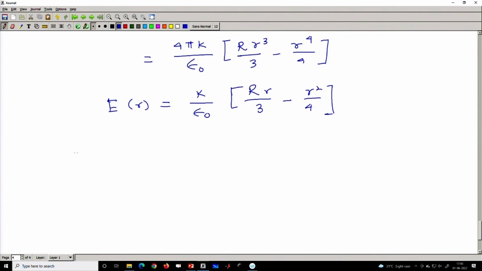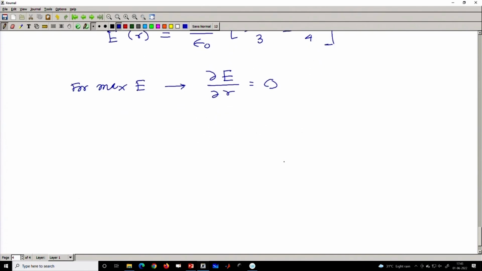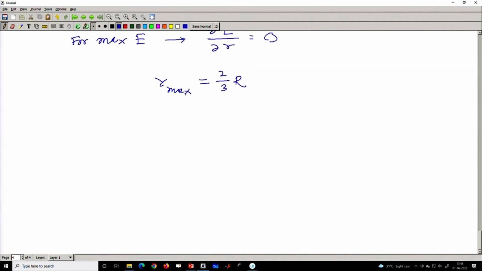So, this is my E, and the third point is for maximum E, what we do, we will calculate this quantity. So, this quantity gives us a value of r at which the E should be maximum, and if I calculate, it is easy to find that r maximum where the E is max is simply 2/3 of R. So, that means if I put r as 2/3 of R here, then I am going to get the maximum E. So, maximum E max